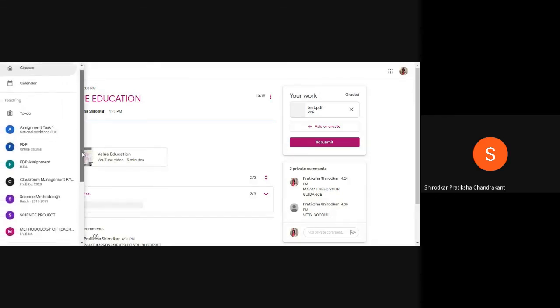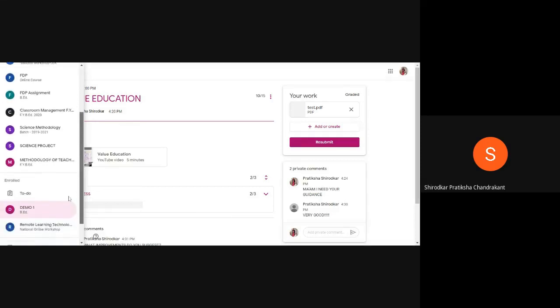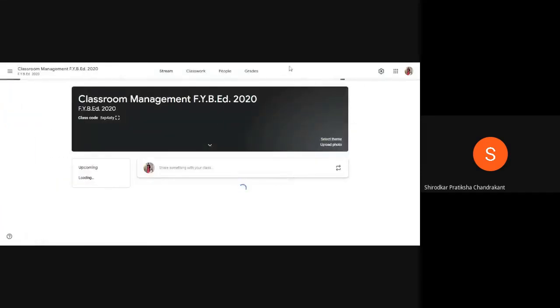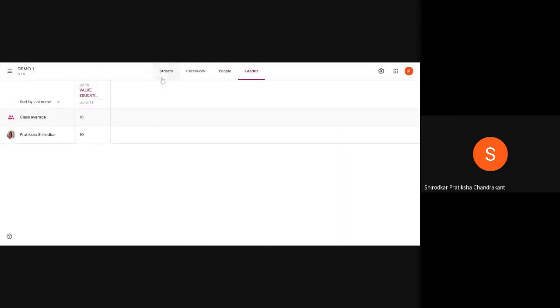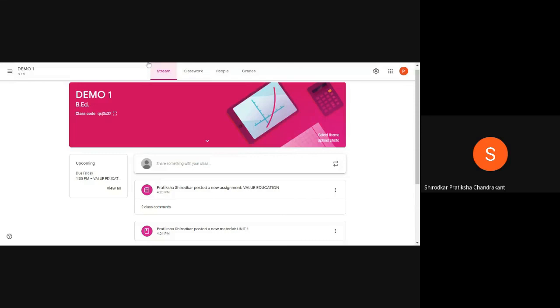So the student tab will have only 3 sections. That is stream, classwork, and people.